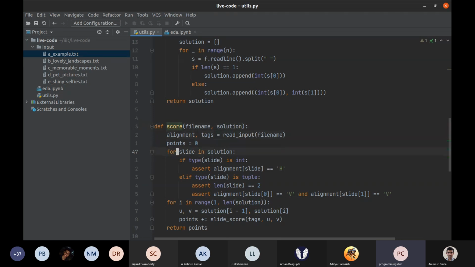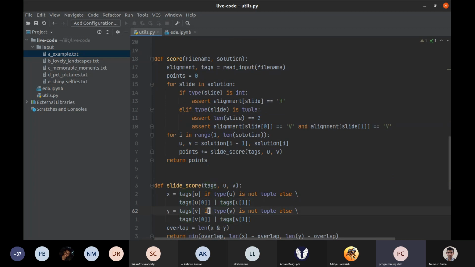And here, as you can see, we have certain simple assertions to make sure that our solution is actually valid. That is what Animesh was talking about. You want to make sure that your solution is valid and you want to make sure that you're getting a good score. So these are the two parts here. Again, don't go by the specific line by line, just adopt the general philosophy here.